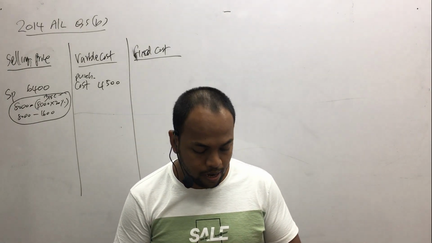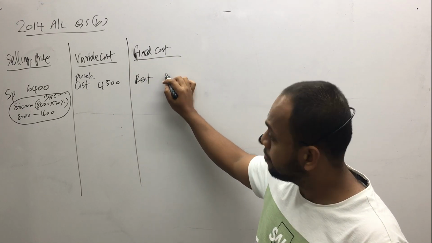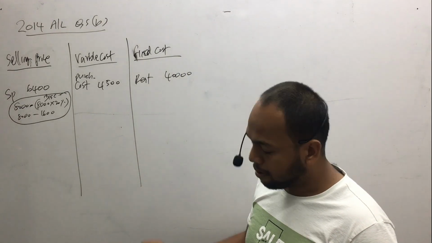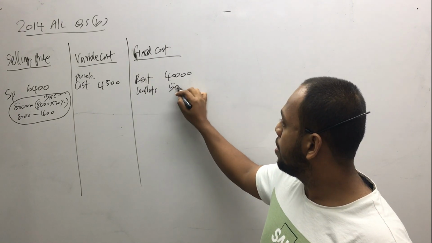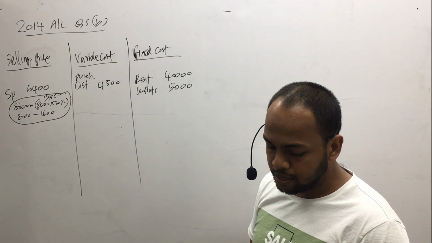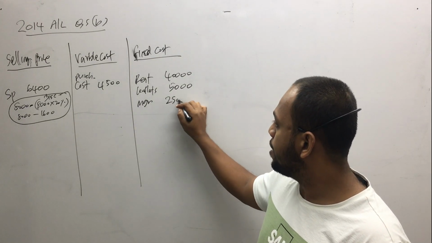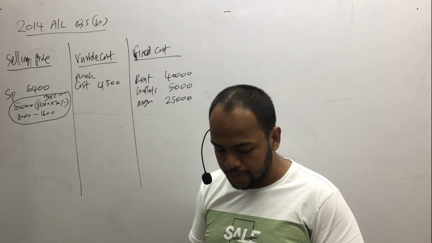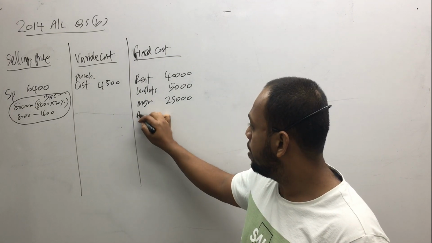Then the other costs are given. Rent is a fixed cost, 40,000. We pay rent 40,000. Printing cost for the leaflets, paying 5,000. Printing cost 5,000. Allowance to the manager of the store. Manager, we are paying 25,000. Allowance to a sales assistant per day, 1,000. Allowance,